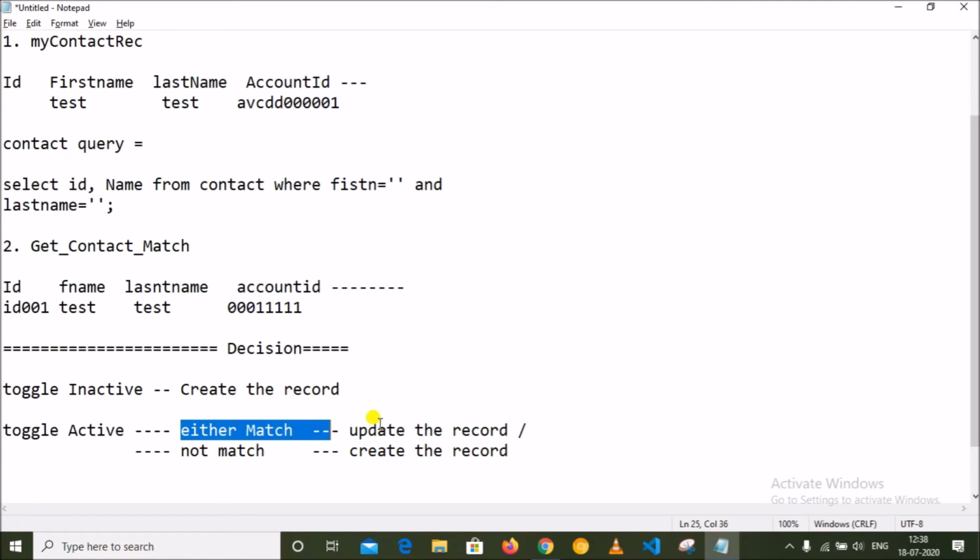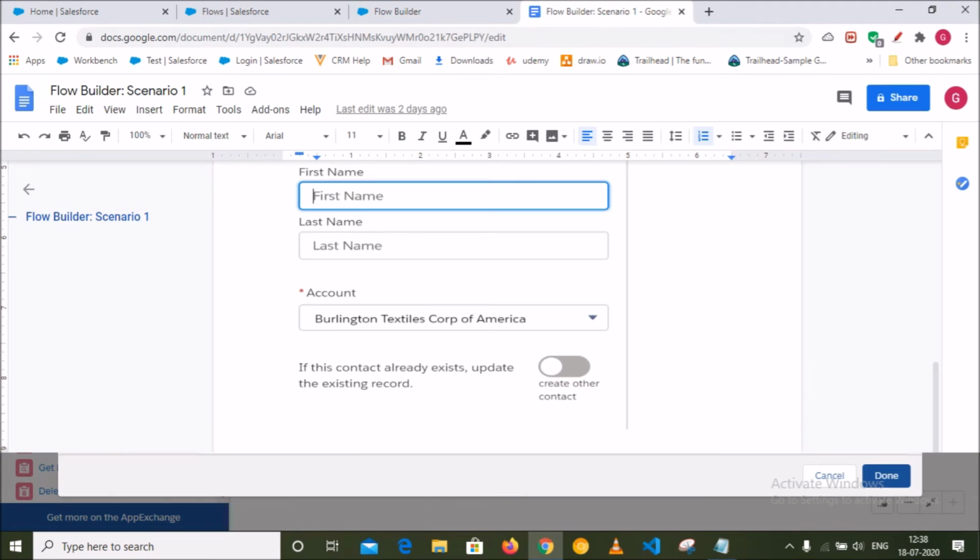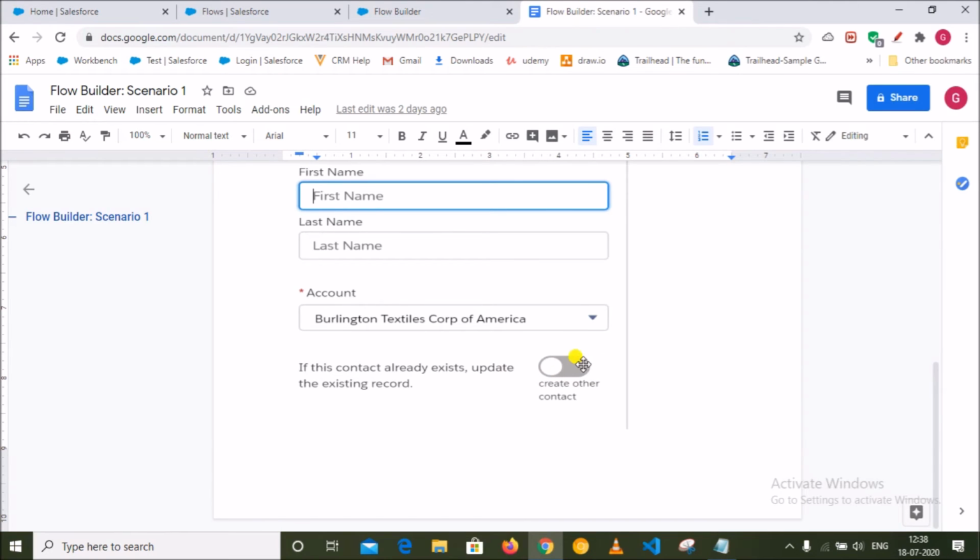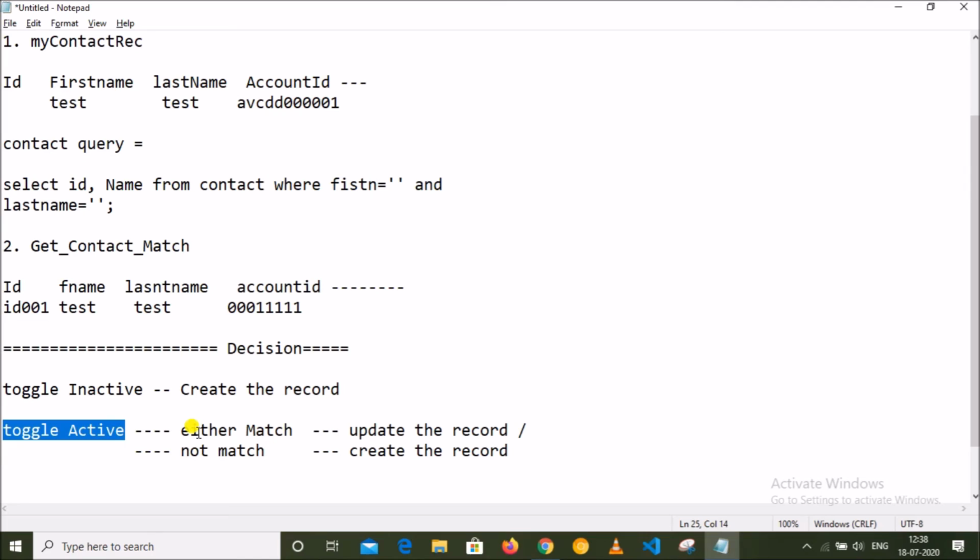In that scenario only I will update the record. First condition is the toggle should be active. That means the user selected the toggle. And second thing, the match is found. The contact the user is creating is already found in my database. So if the match is found, in that scenario only update the record.